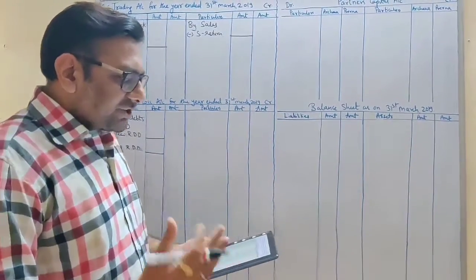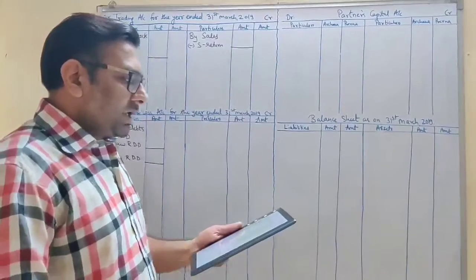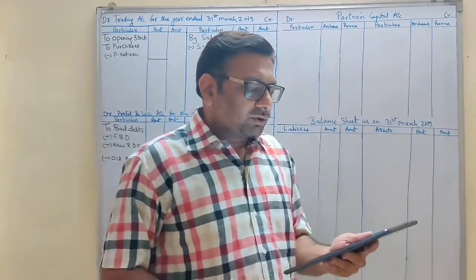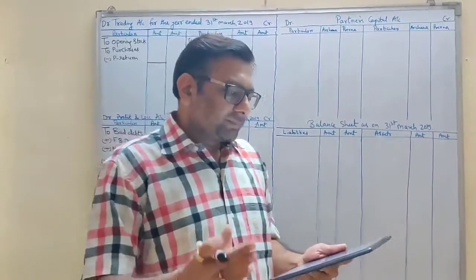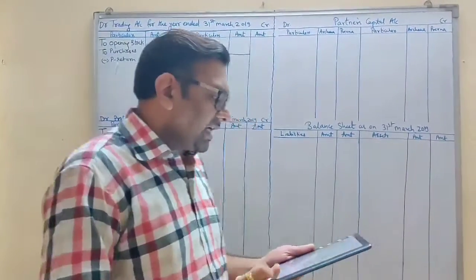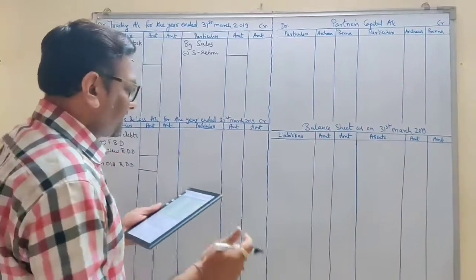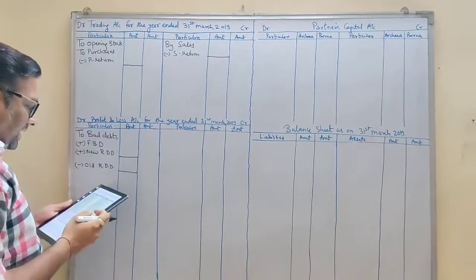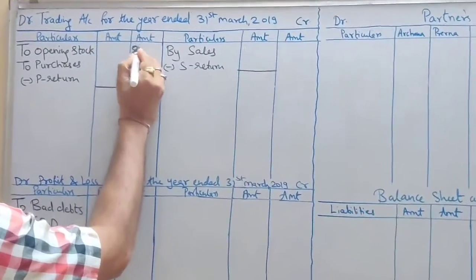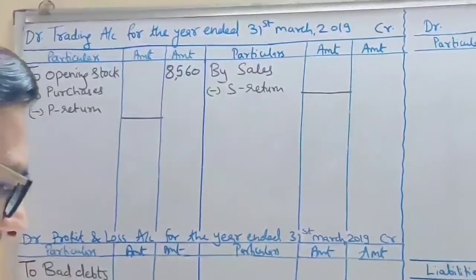So I am starting with step 2, that is trial balance. I am starting with the debit balance. So hope you have taken a printout of the question, or you might have a soft copy. You see in that soft copy on the debit side we are starting with, they have given us stock on 1st April. So it is an opening stock. So write it in front of opening stock. We have already written it. Just put the amount 8,560.